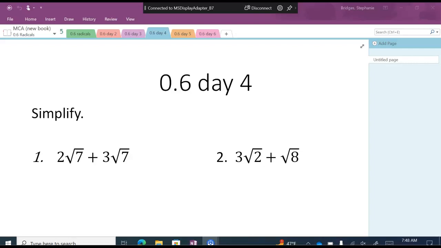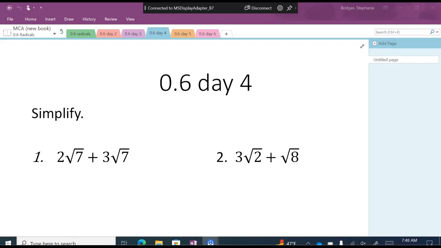Okay? If it's a square root of 2 and a square root of 3, those are not the same, so you cannot add those together. If you can't add them, then you just would leave it like the square root of 2 plus the square root of 3. Okay, so for example, with question number 1, I've got 2 square roots of 7 plus 3